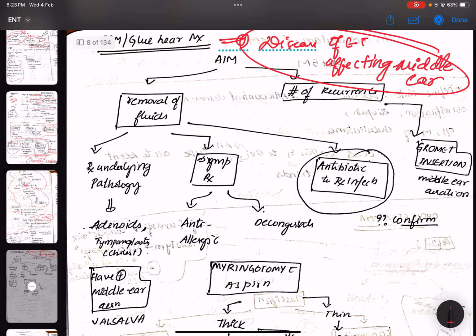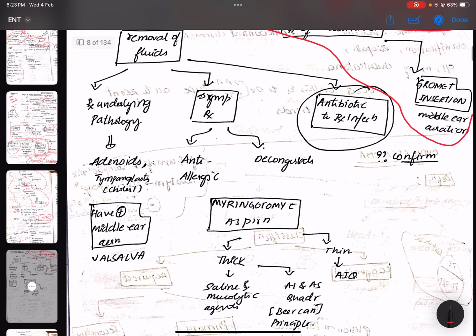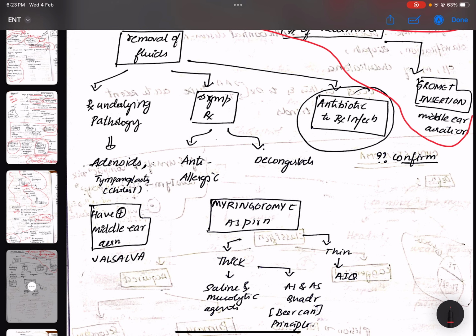Again, what are the treatment aims? Again, if there is recurrence, what do you have to do? Obviously, you have to aerate the middle ear, correct, because it's already affected due to the eustachian tube. Again, to prevent recurrence, this is the main thing, but to remove the underlying pathology, so this is nothing but